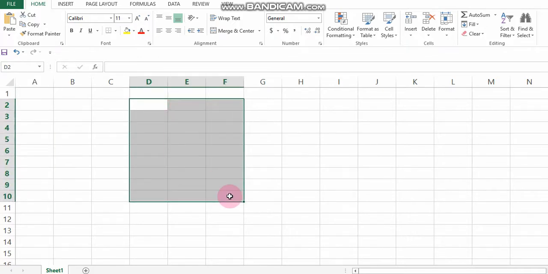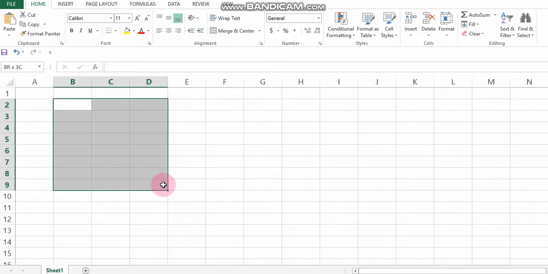Or if I select from the starting point D2 and continue till the end, F10, whatever my last selected cell is, that is called a range. From wherever you start till wherever you end the selection, that is the range. Like in this example, B2 to E9. This is called a range, that means a group of cells.